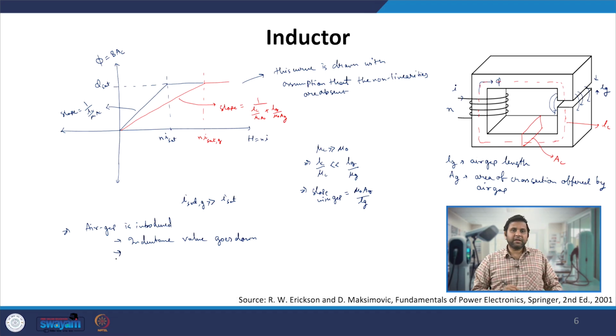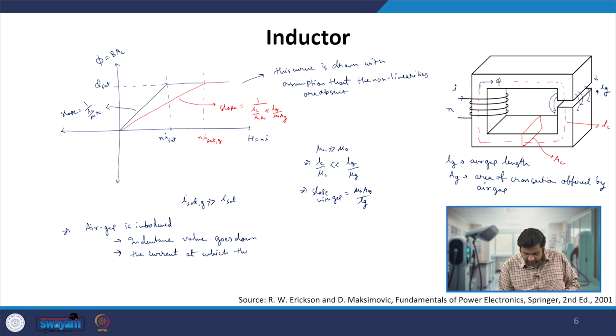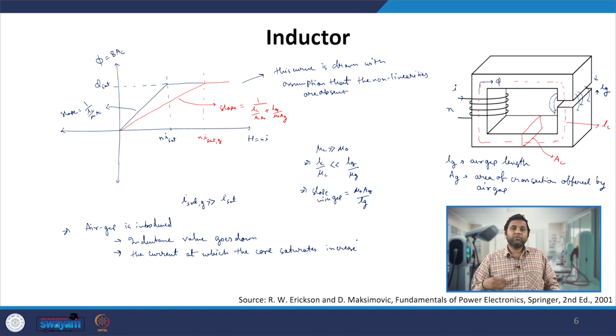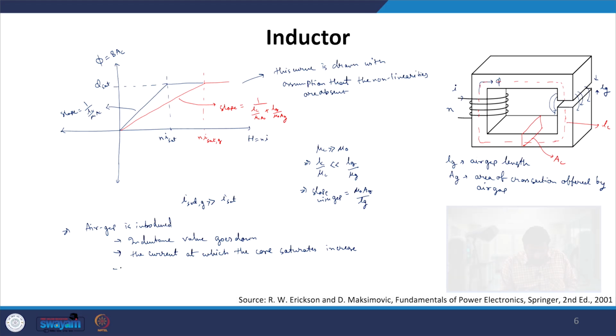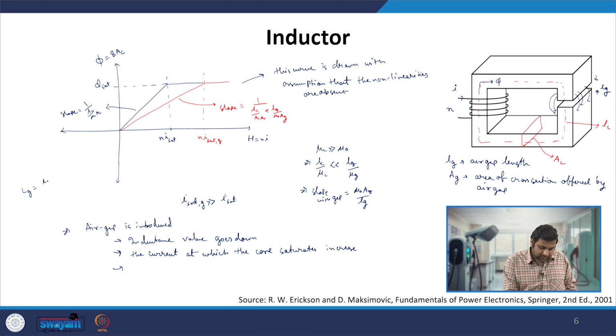Second, if we see very carefully, one important thing which will happen is that the current at which the core saturates increases. That means you can now allow more current to flow through the inductor without going into saturation. And the fourth thing is the inductance with air gap is nothing but mu naught Ag n square by Lg,